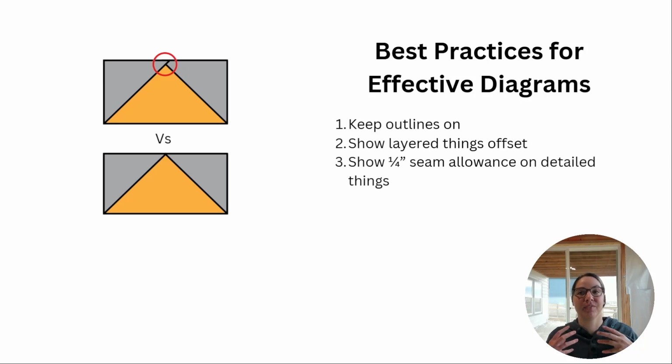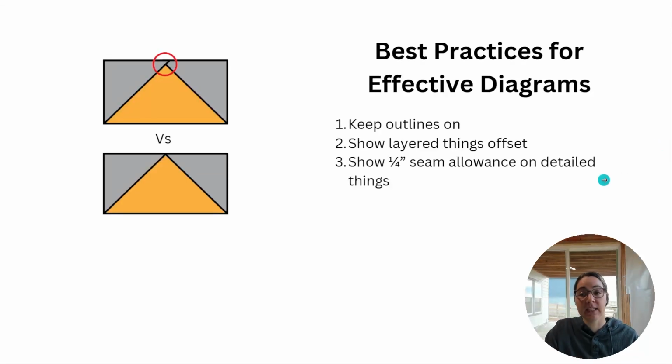And some of that's just a newbie, right? Not understanding it. It's a little counterintuitive. It's just something that you don't really pick up until you do it in quilting. But if the pattern's not showing it, that's certainly not helping. You want to make sure that the diagrams more or less reflect exactly what they're going to see in their actual pieces as much as possible. And specifically on these kind of detailed things for the original shape, it really matters to have that 1/4 inch there so that it looks exactly like what they're seeing, and they make sure to keep that 1/4 inch seam